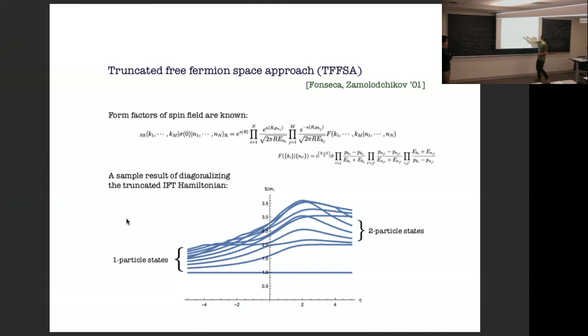And I know the matrix element of the spin field. Here it is. Sigma, the matrix elements between the Fock space states, are given by this formula. There are some functions I didn't tell you what they are. They're complicated but known functions. So everything can be plugged into the computer, you put it on the cluster, and you diagonalize. I see. And this is the result of the diagonalization. And from these two-particle states, I extract that elastic scattering phase. And I feed this into the numerical bootstrap. That's the procedure.